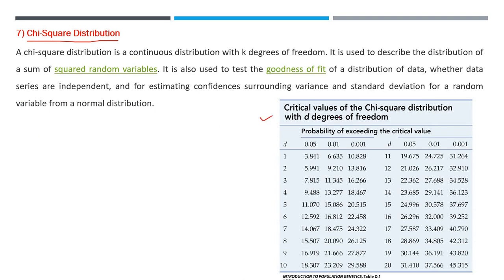Now the last distribution in the probability distribution series is the chi-square distribution. In this case, they will ask you theory based on the chi-square distribution, because in the problem we have to use the chi-square distribution table. If that table is not given in the problem, it is difficult to solve the question. But the theory